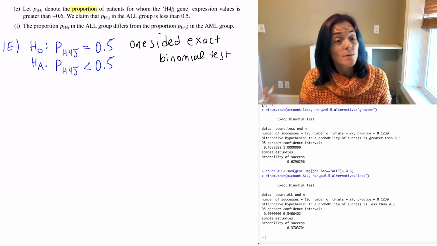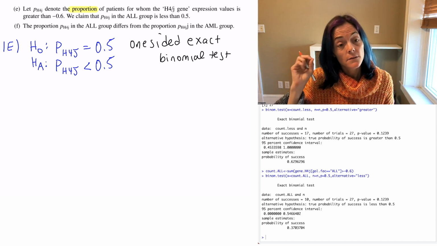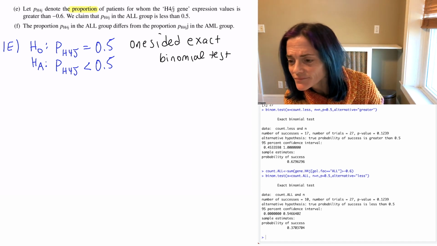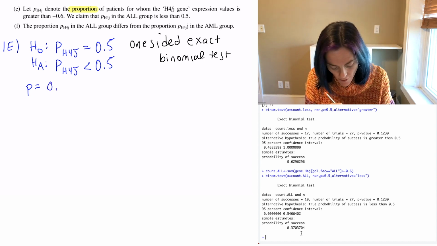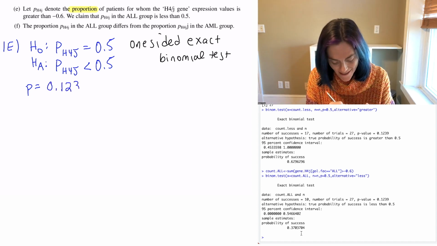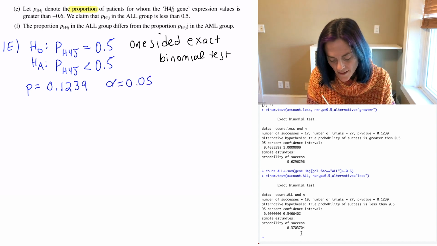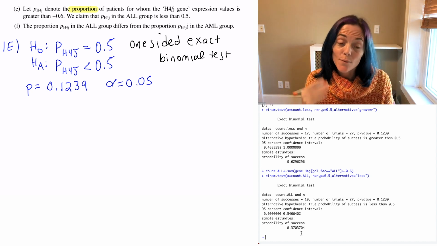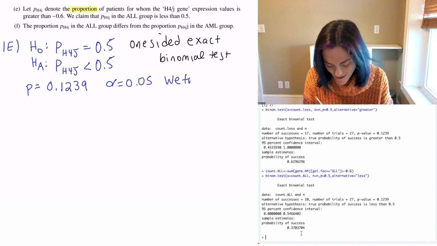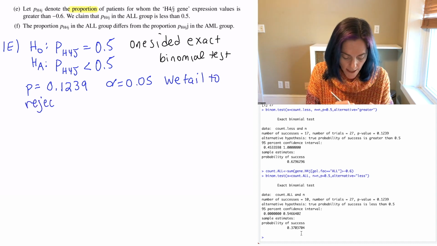In fact, the N was the same N as in part D. Very nice. The p-value here is 0.1239. So with this alpha significance level, this p-value is too big, and so we fail to reject